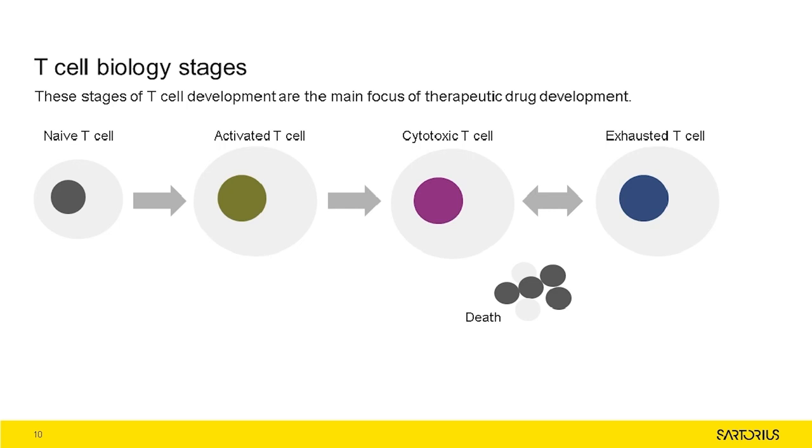Once the pathogenic response has been neutralized, the majority of T cells will then quickly die off, leaving behind a small pool of memory cells with heterogeneous phenotypes and functions. Reinfection with an antigen that is recognized by these memory cells then allows for rapid expansion of specific cytotoxic T cells that will seek and destroy the antigen before an infection develops. It is these key areas that are being focused on for the development of drugs which aim to modulate the biology.